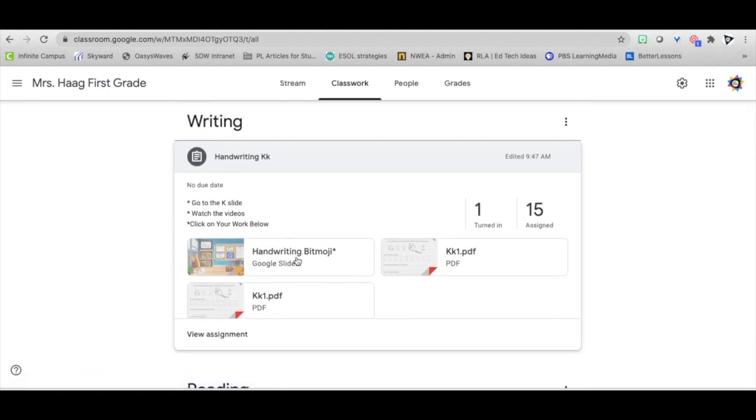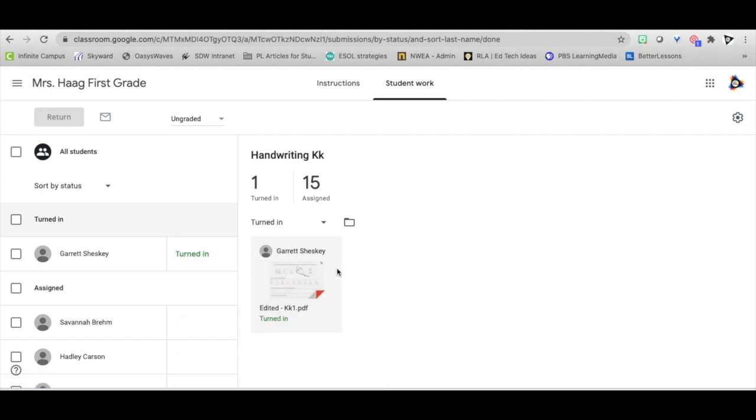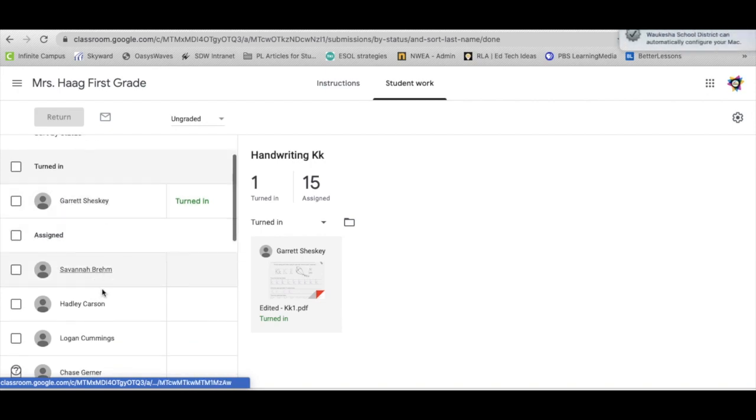I see my directions, I see the attachments, and I can see that I assigned 15 and I have 1 turned in. Okay, I'm interested to see which student turned it in, so I'm going to click on that. Garrett. All right, so I can see that Garrett turned it in. It also shows that over here on the side. So as students turn in their assignments, they move from assigned to turned in, and you see that right here. Now I can click into Garrett's work,